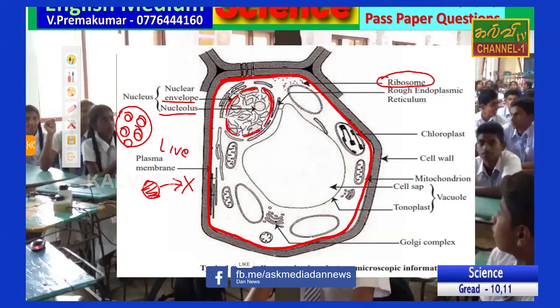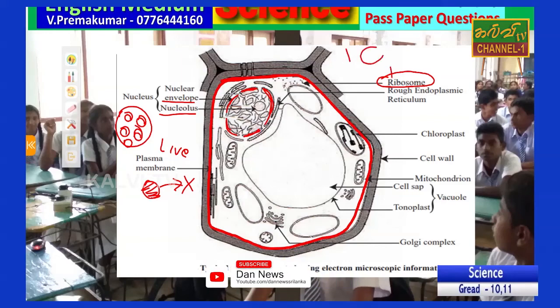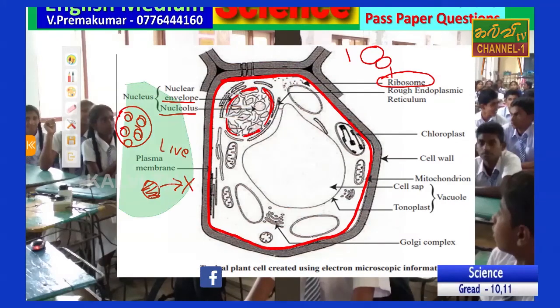Ribosomes are mainly involved in protein synthesis, and they are not covered by a membrane. They have two parts. Actually, they don't have a membrane, so they can stick on the ER. ER means there was a,